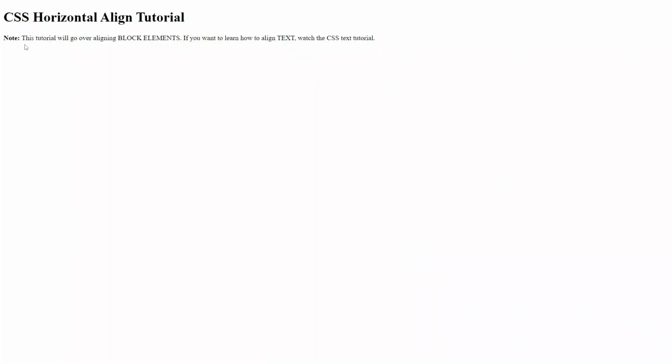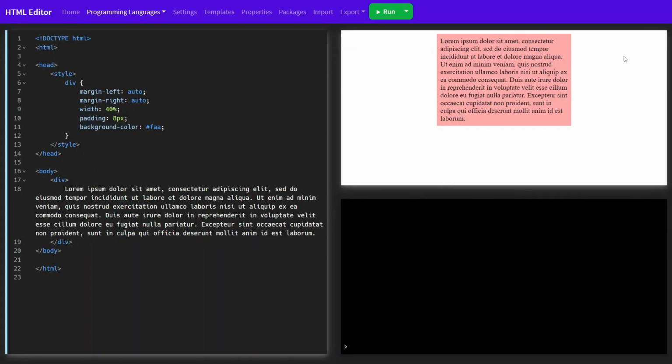Here's a quick reminder that this tutorial will specifically go over aligning block elements. If you want to learn how to align text, watch the CSS text tutorial, which will be linked in the description. One way to center align block elements is to use the margin left and right properties, both set to